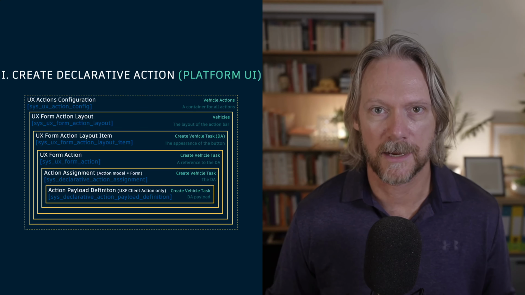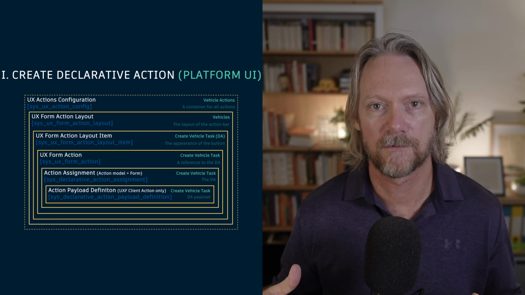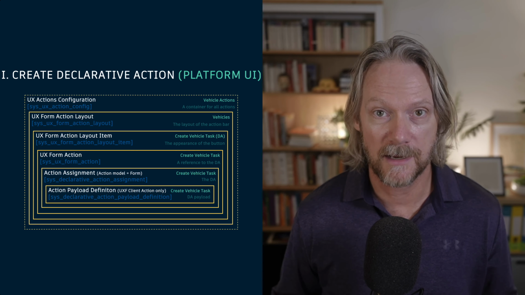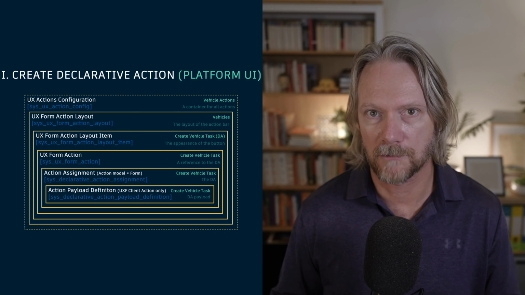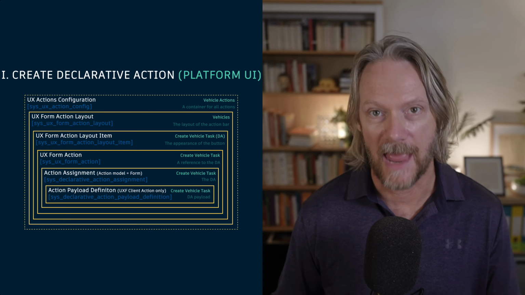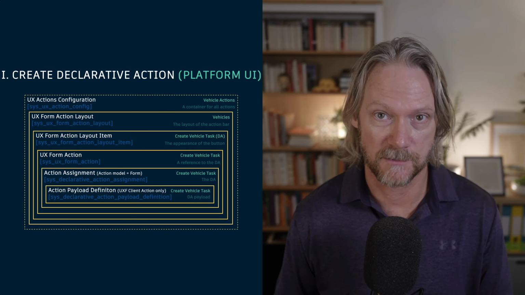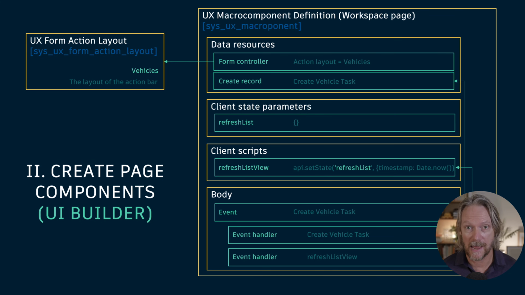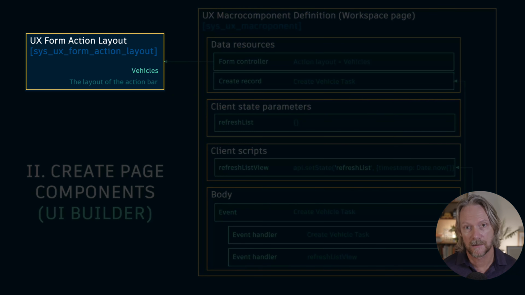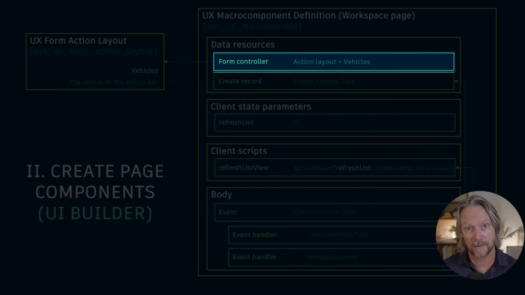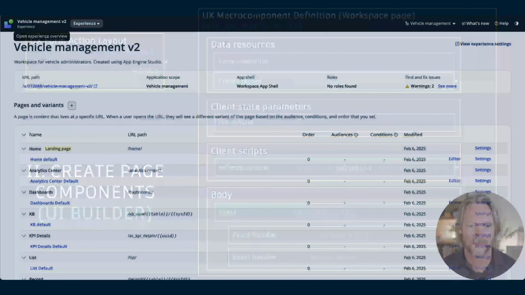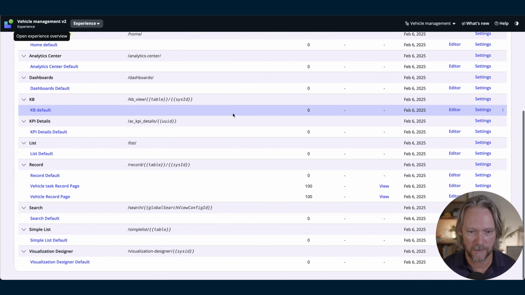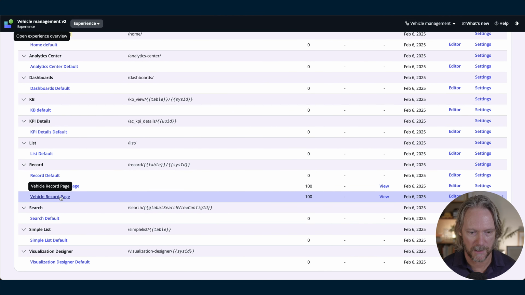So we've basically completed the first stage of this process. We've created our declarative action and all the related components, including the action bar and the layout of that action bar. What we still need to do now is actually to link this action bar and include it in the vehicle record page. So for this, I'm going to open up UI Builder, and I'm going to open up the